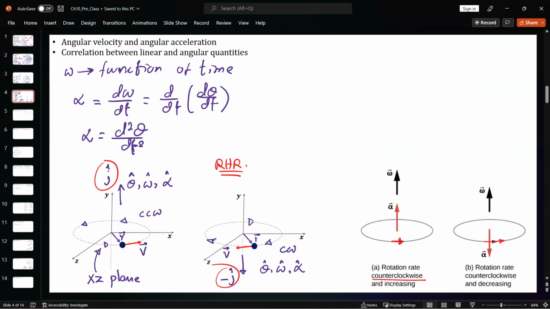Counterclockwise rotation means theta and omega direction are, in this particular case, positive j hat, but the object can decelerate. Deceleration means the object is slowly decreasing its velocity. If the object is decelerating, alpha can be a negative number, which means alpha is